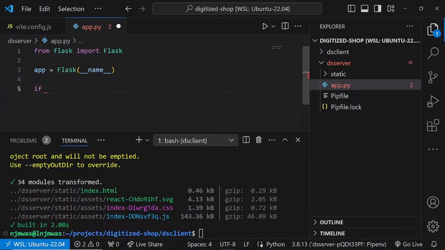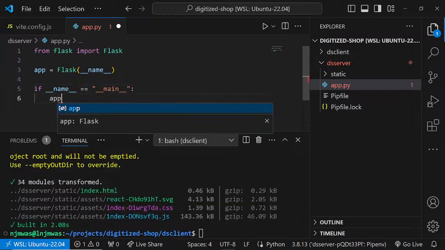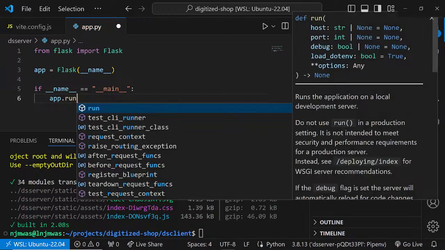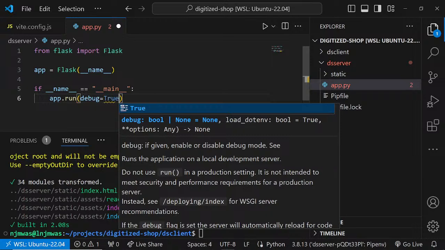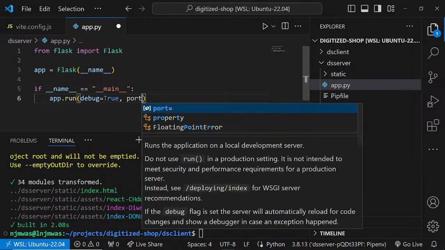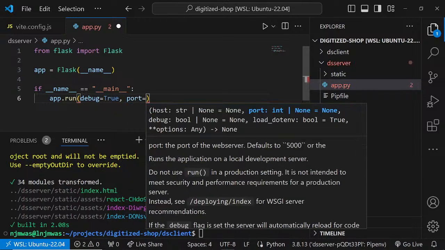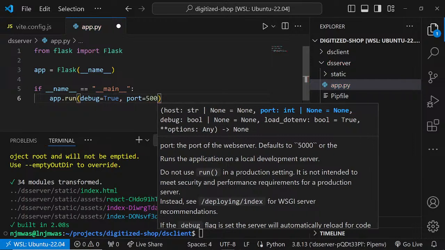If name equals main, just app.run. Then we are going to set debug to true, and I'll configure the port to be just 5003